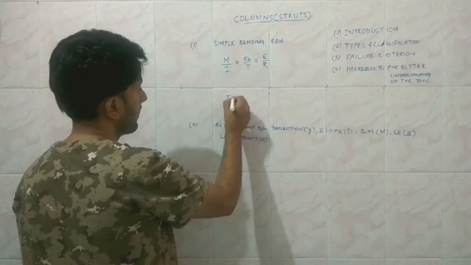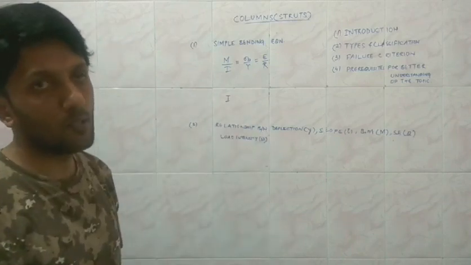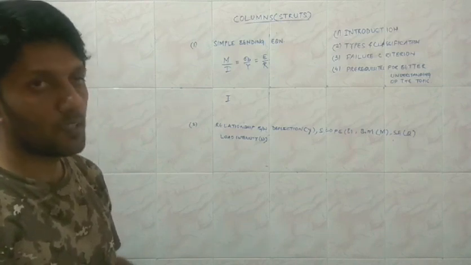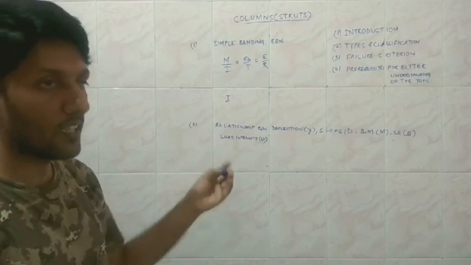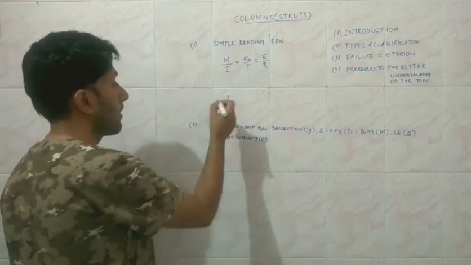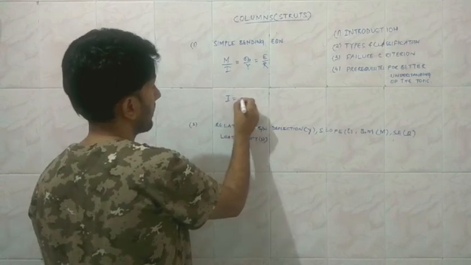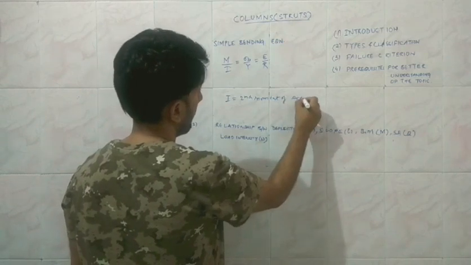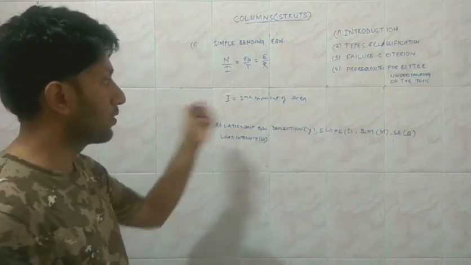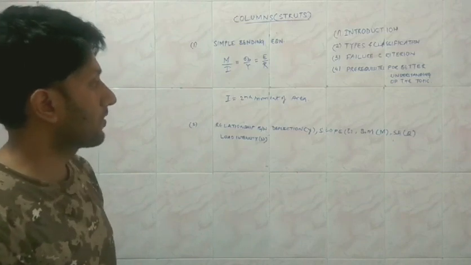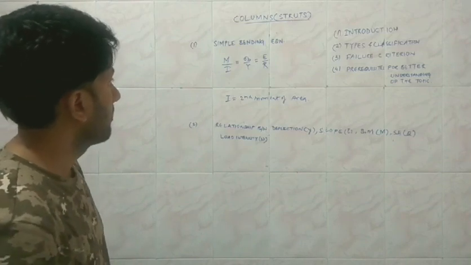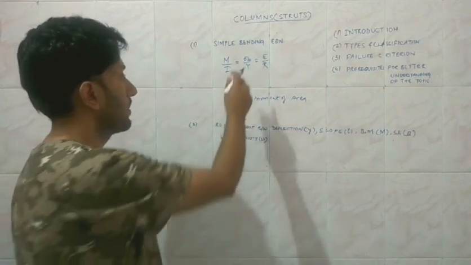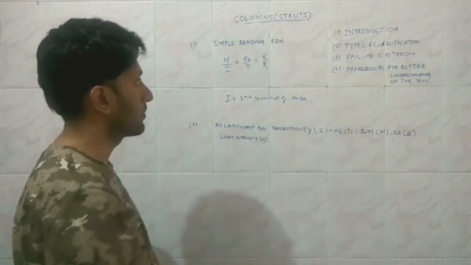So we usually call it the moment of inertia, but this is not the moment of inertia or the area moment of inertia, though sometimes we call it that. Basically, it is the second moment of the area, and I have already told what is the physical significance of the second moment of the area. So this is your second moment of area, which in some books is referred to as the area moment of inertia. Another thing is sigma B, the bending stress corresponding to the value of y, that is the distance of the fiber from the neutral axis.